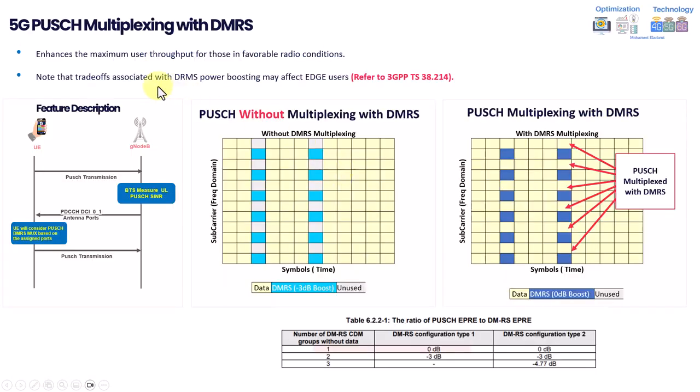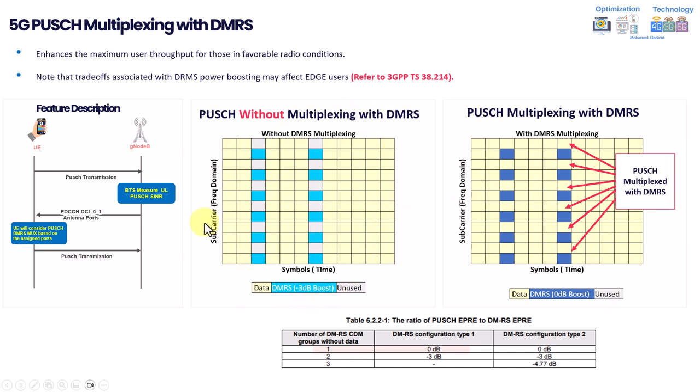Now moving forward, it's about the 5G PUSCH multiplexing with DMRS. Actually, this one I have explained before, but I explained it for the downlink, which is PDSCH. You can refer also to my previous videos, but let me quickly explain this part with you. For example, without